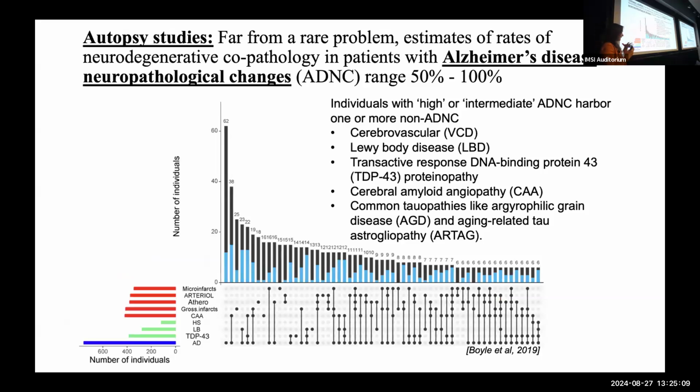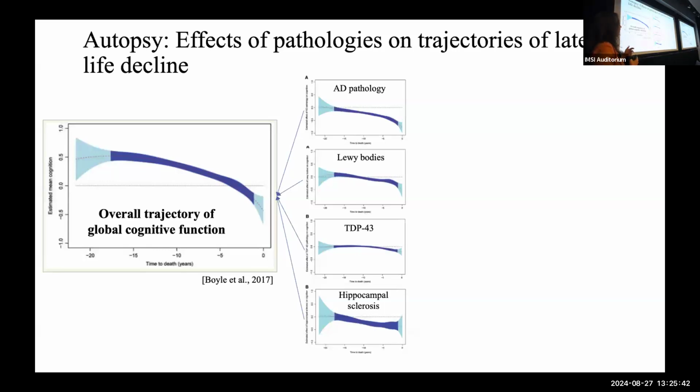And again, there's a huge literature from autopsy studies showing that it's actually very rare to see an Alzheimer's disease brain presenting with just amyloid and tau pathologies. Pretty much everyone presents with some additional co-pathologies when we look at autopsy. Some are more common than others, but it's a very long list, including cerebrovascular pathologies, Lewy body pathology, TDP-43, CAA, and it goes on and on. And the important thing, again from autopsy studies, is that all of them actually contribute to their cognitive profile.